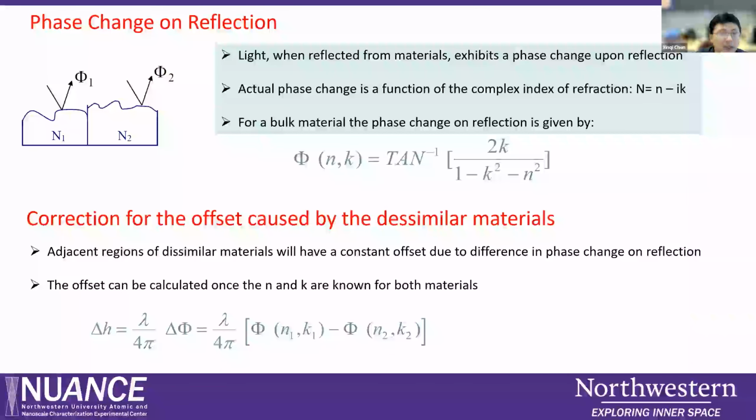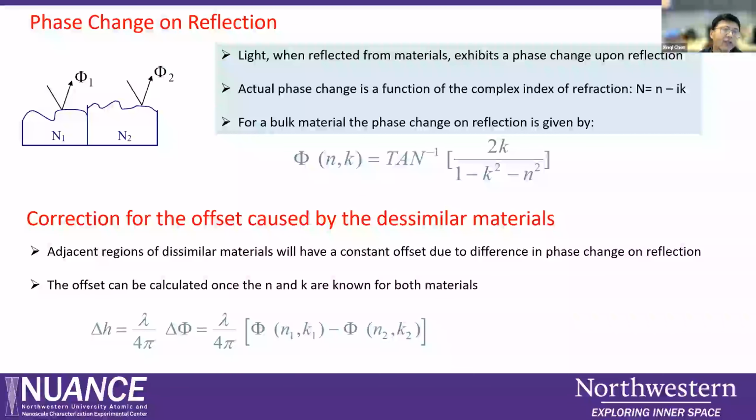So they measure this based on the phase shift. The light reflects on the surface, and then they generate the phase shift. This phase shift is based on the optical constants N and K, N being the refractive index and K the extinction coefficient. And you see here, if it's the same material,